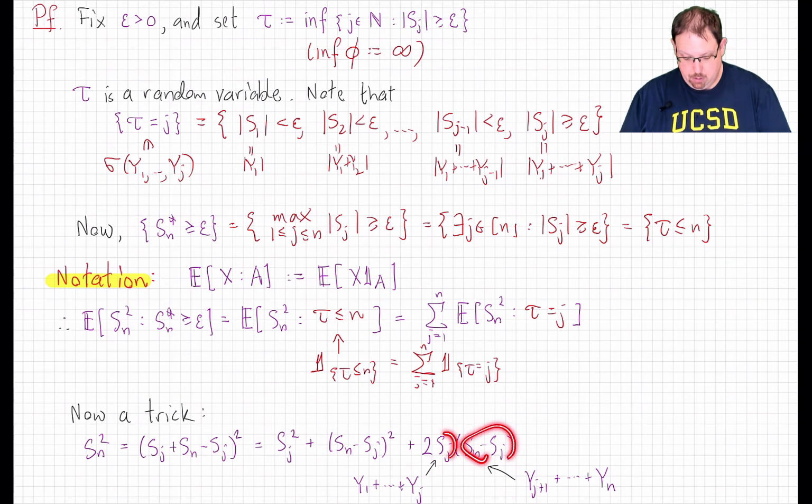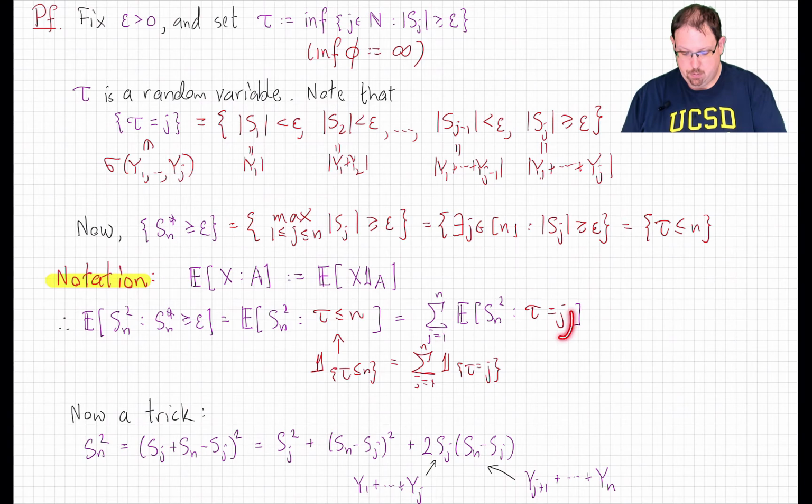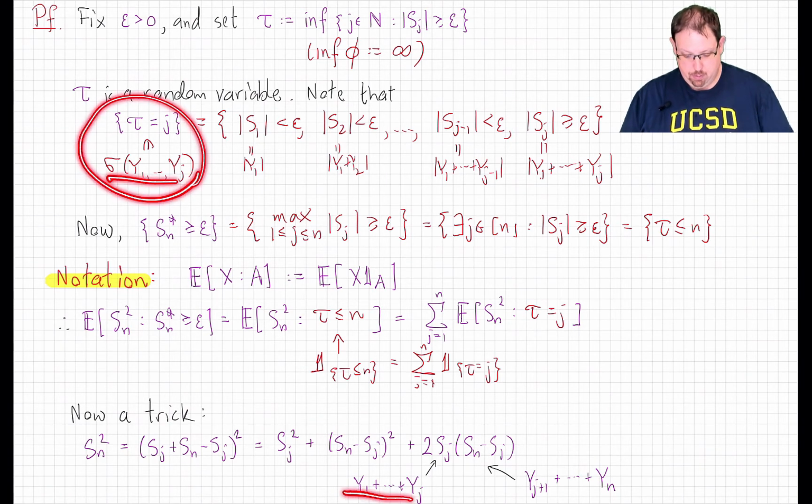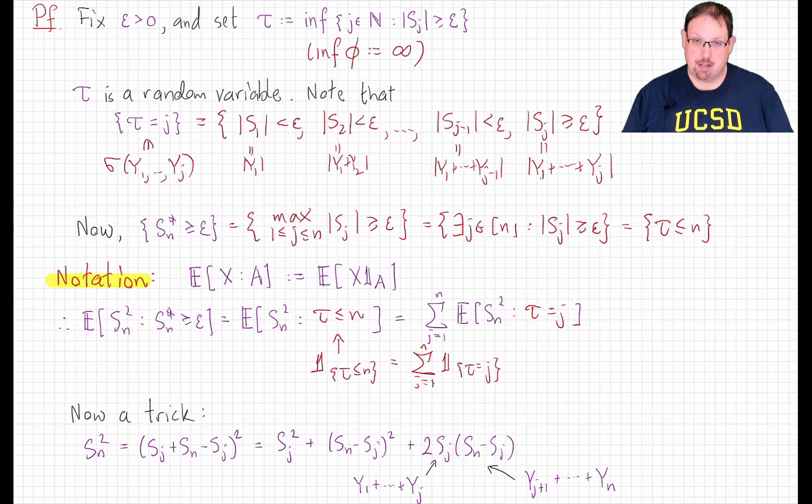So these two are independent terms. Now we're taking an expectation of them, and we know that expected values of independent random variables factor. But we have to be careful because we're also multiplying by an indicator function here, but that indicator function is measurable with respect to those random variables. And so we should put this indicator function together with that term there,